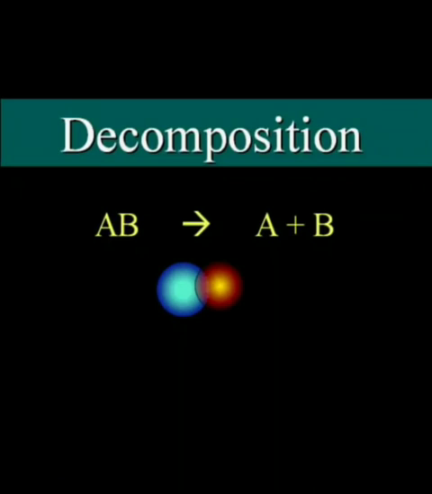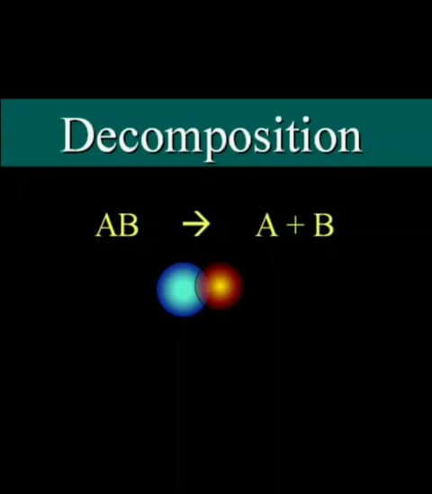It is a chemical reaction in which a chemical compound decomposes and produces what? Two or more new simpler substances. So let's see here, AB is a chemical compound. When it is decomposed, it produces what? A plus B. That means two singular substances.